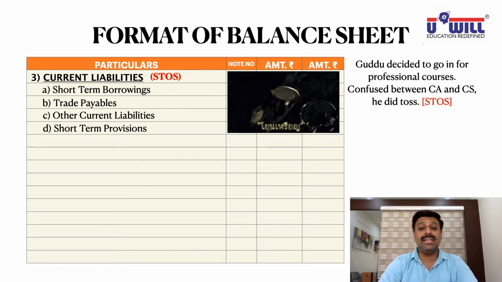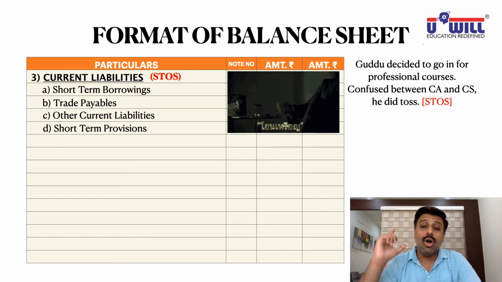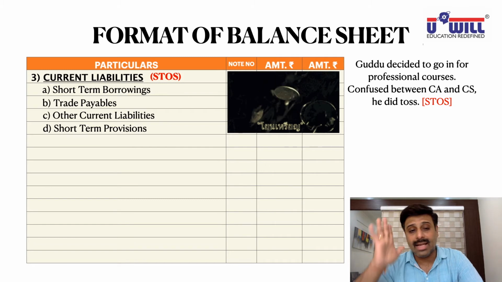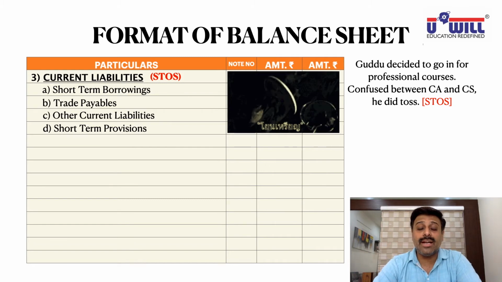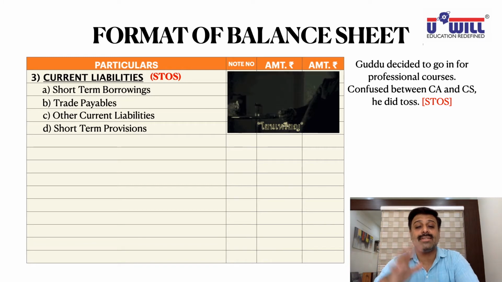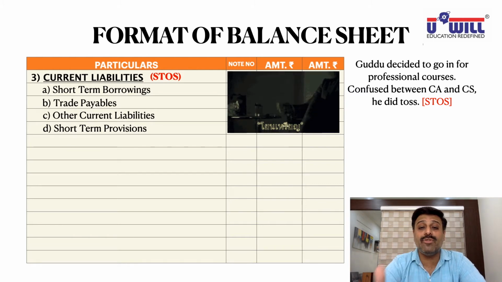So once again, other current liabilities will include what all things? Outstanding expense, pre-received incomes, unpaid dividends, interest accrued on debentures, loans, etc. And all the items of non-current liabilities in the last year of their payment will be included in other current liabilities. Short-term provisions, write down in bracket: proposed dividend, provision for tax, corporate dividend tax. There's also provision for corporate dividend tax. All the provisions made for a short period of time, where the money becomes due in the next year only, will appear in short-term provisions. So short-term provisions will generally include provision for tax, proposed dividends and corporate dividend tax.